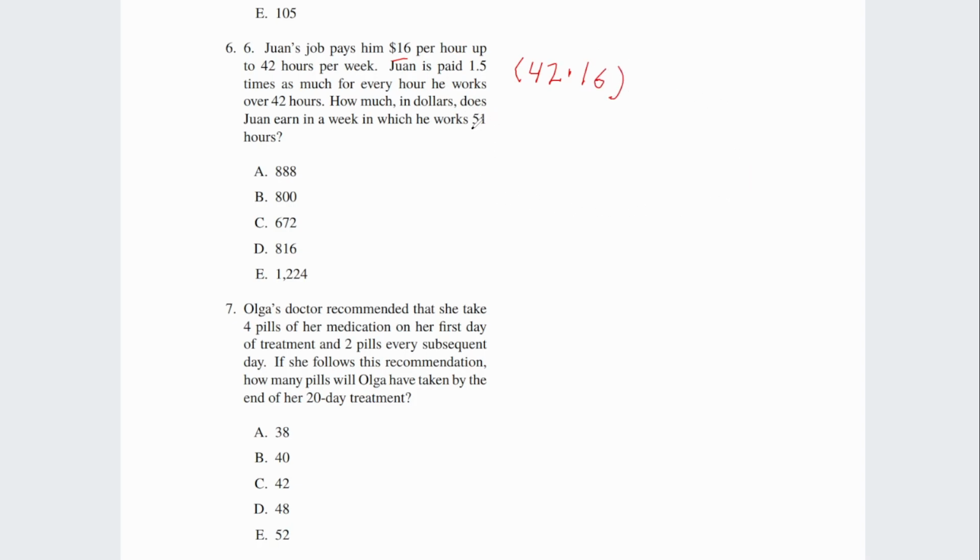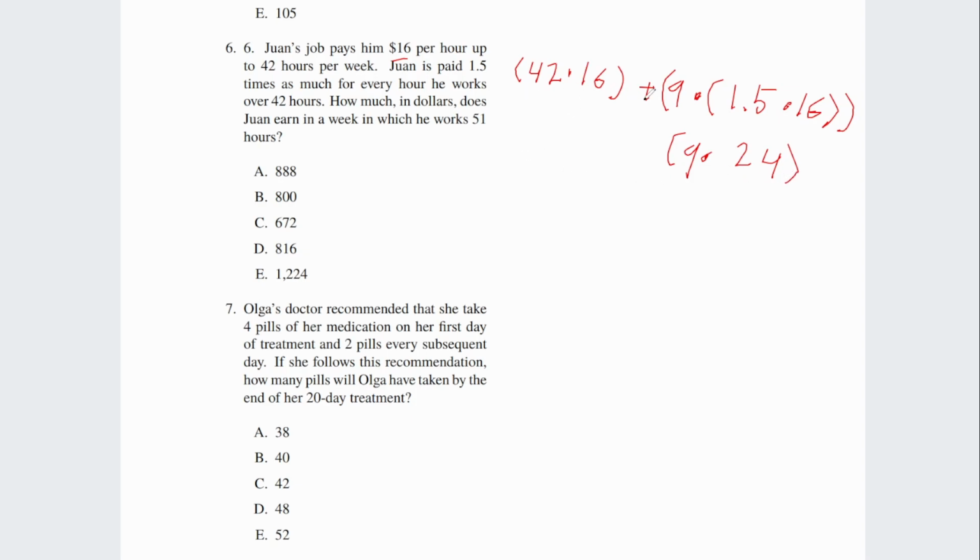The remaining hours out of 51, in other words, 9 hours, he's going to make 9 hours at a rate of 1.5 times 16. And now we just need to do some simple math, although this is a great time to use your calculator. 1.5 times 16 is 24 times 9,